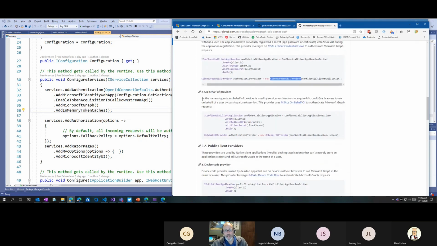Now, the other one I would do in a function app, if I needed the user's context, remember my scenario about scheduling something to run overnight, I would use the on behalf of provider. And the on behalf of provider, again, has the client ID and the client secret. But in addition, I'm going to have to provide what we call the user assertion, because the idea here is that my function app uses a token cache, and my web app that the user is logging into uses the same token cache. Therefore, at the time I need to do on behalf, and I say I want to use Paul's account, Paul's token is already in the cache.